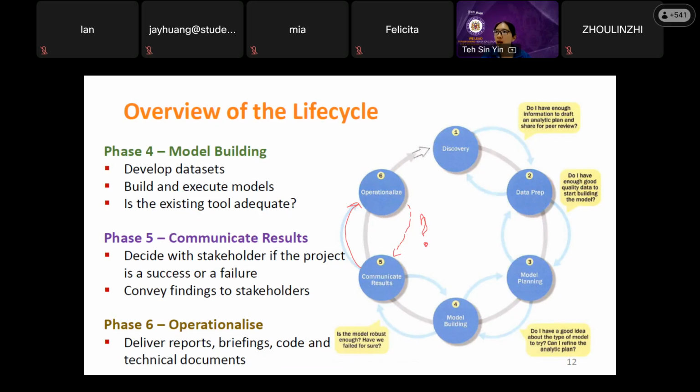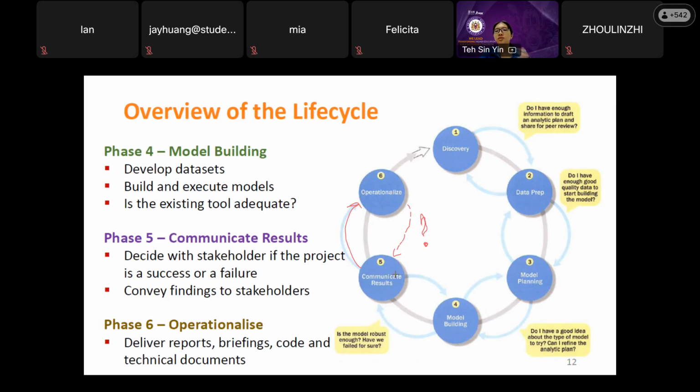Okay. The project is already operating. Decision made, result out. Okay, Awanti's answer is also very good. Final result is failure. Need to start from the beginning, not only one step back, but you need to spend the money again. Okay, so one answer I couldn't find is the money already spent. Remember, when you perform your business analytic project, you have the budget. The money is already spent. If you want to repeat, where to get the money? This is already finished, executed. So that's why we cannot reverse back.